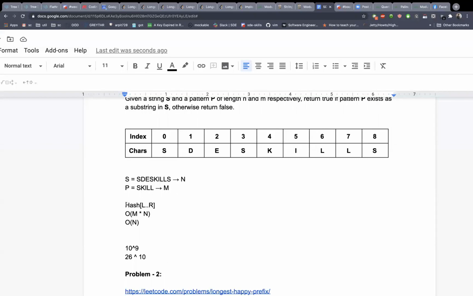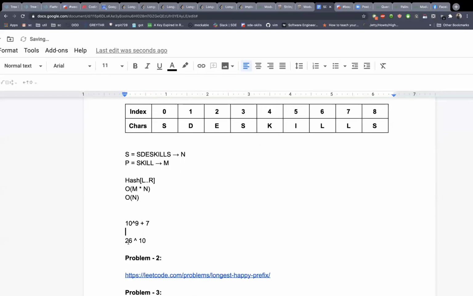There are a couple of workarounds to handle collisions. One way is, whenever you encounter equality, you can check the entire string to see whether it exists or not. Or one more thing you can do is maintain 2 hashes with different moduli. For example, for one, we were considering 10 plus n modulo 7. And you can calculate one more hash array with a different modulo number. So basically it will be very, very unlikely that 2 hashes with different moduli will also be equal.